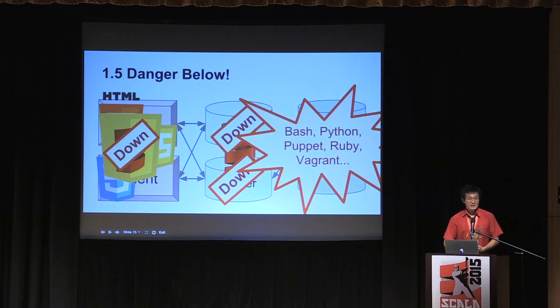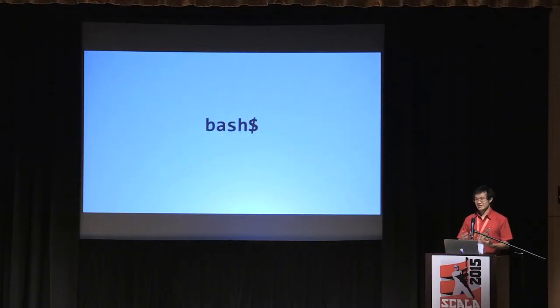Or if a database automation goes down, instead of taking down one database server for a kernel upgrade, you take down all your database servers and you find out that suddenly you have no more customer data. So that's not great. And it does happen in reality. A lot of this centers around Bash. Even though we have Python, Ruby, Vagrant, Puppet, all these other things, the core of these systems often revolves around Bash scripts calling other Bash scripts.